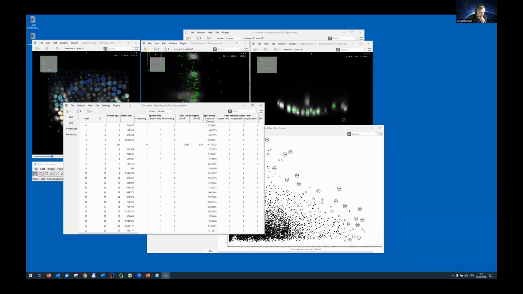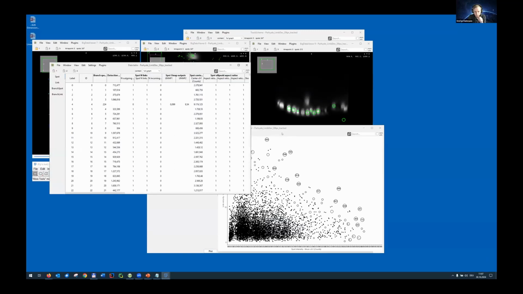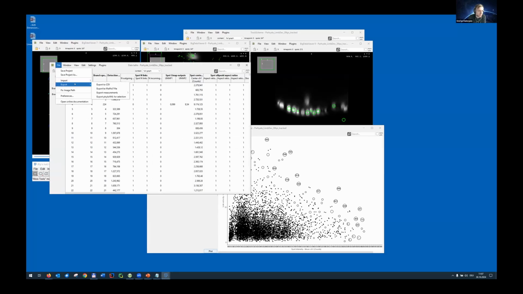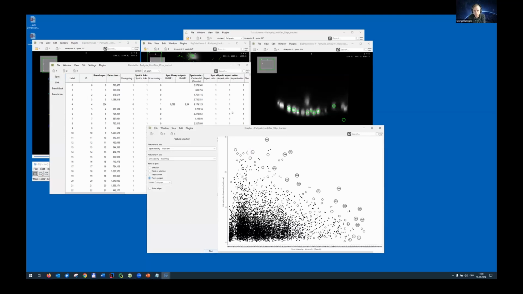A question that was asked during the physical on-site workshop was if it is possible to export also this data. And yes, this is possible. So there is export to CSV. And with that, you could also export the full table either on the spot level or on the branch level to a CSV file, and then you could read it into your favorite Python or R statistics dataset. But some basic things you can also do